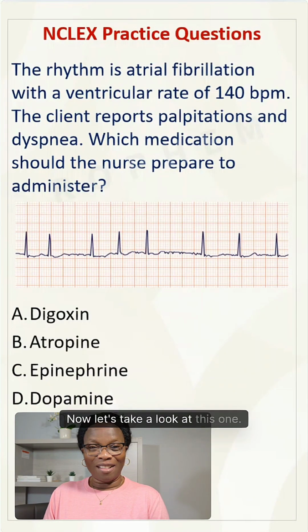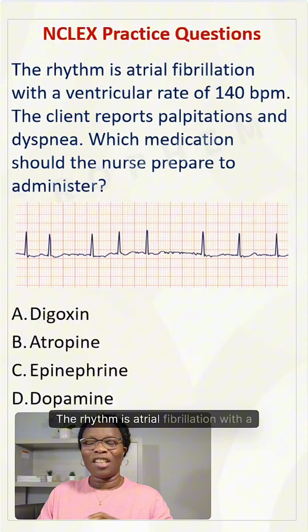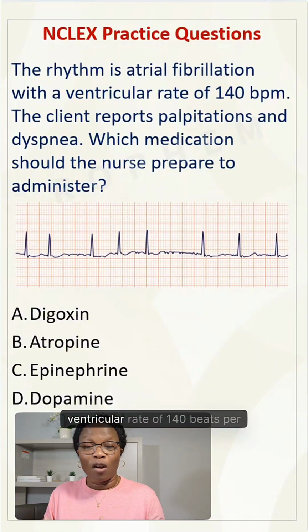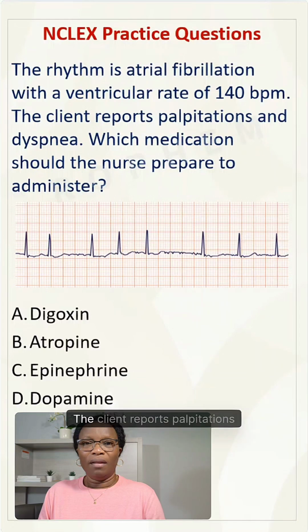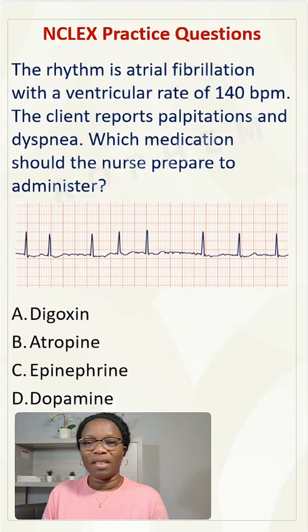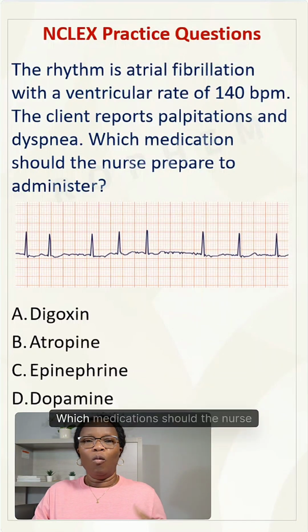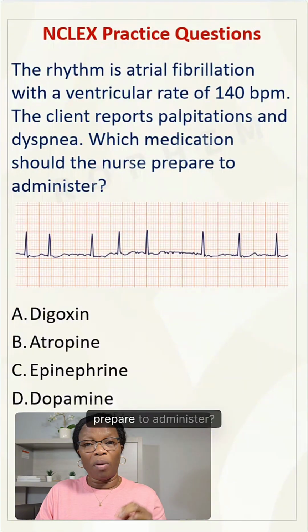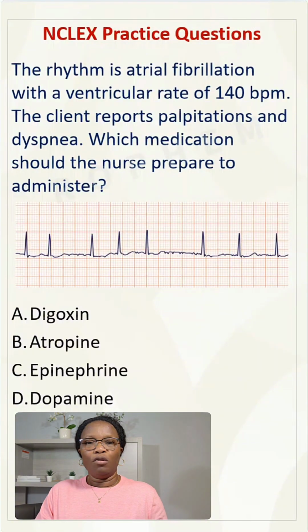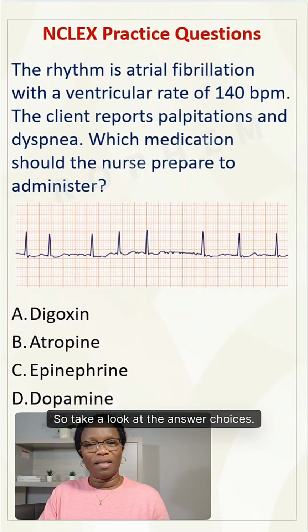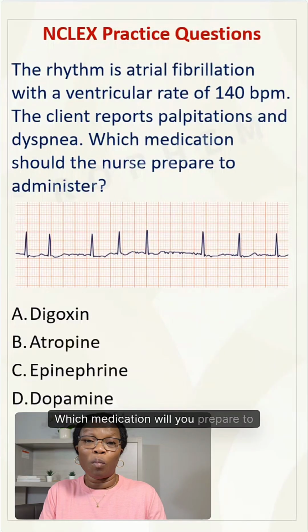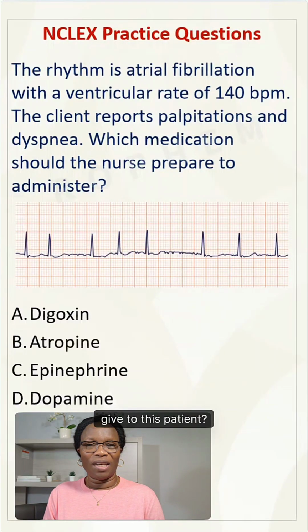Now let's take a look at this one. The rhythm is atrial fibrillation with a ventricular rate of 140 beats per minute. The client reports palpitations and difficulty breathing. Which medication should the nurse prepare to administer? So take a look at the answer choices. Which medication will you prepare to give to this patient? The correct answer is A,